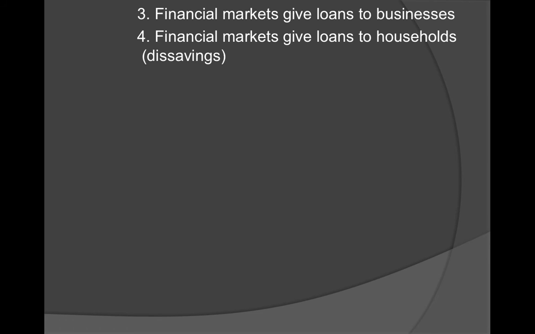Financial markets give loans to households, and this is usually what we call dissavings. The reason why it's called dissavings is you're actually taking money out of the bank. And you might be like, well, what does a household borrow money from the bank for? Well, if you wanted to get a car, you might not have $10,000 to get a car. You might have $4,000, so you have to finance $6,000 of that. You could get a home improvement loan. Some people get loans to go on a vacation. Some people get loans to go to college, that type of thing. And that's called dissavings. And you go to the banks for that. Obviously, you would have to apply, and they have to check your credit scores and all of that to make sure everything's good to go.